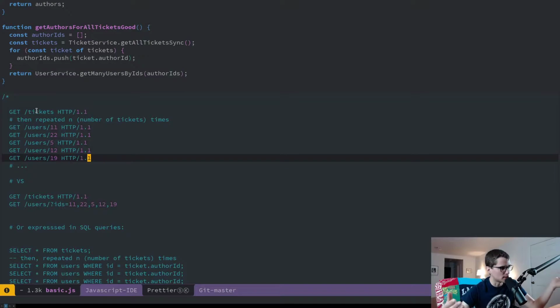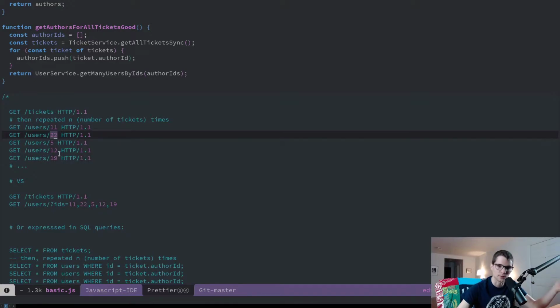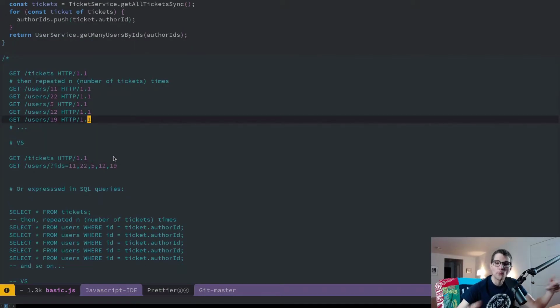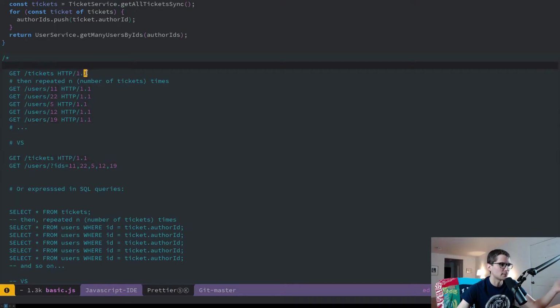And just another way of illustrating this same point, we can imagine that if these services are talking to each other over HTTP, we might have a GET request for tickets. And if we're writing it the naive way, we're going to have one GET request for every single ID of all those tickets, all those authors, right? Another more efficient way to write it would be one GET request for all the tickets. That's the same as this up here. But then you have a batch version, and so to a single GET request, you just send all the